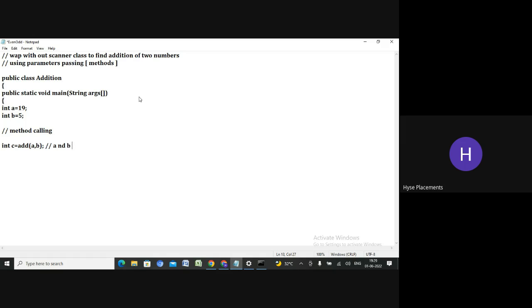Keep in mind that one. What is that? A and b are actual parameters. Keep in mind that one. What we're going to call actual parameters, which we can say. Just I'm going to call my method. Now what the method must do? The method actually I'm going to write something